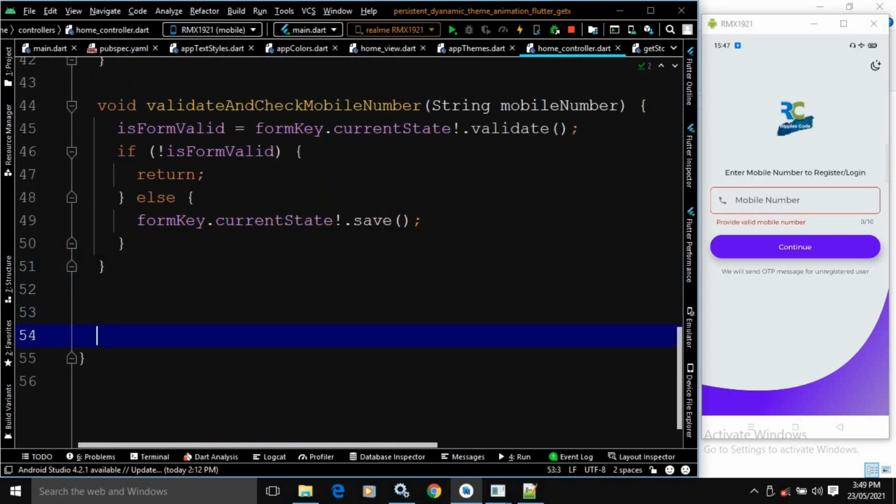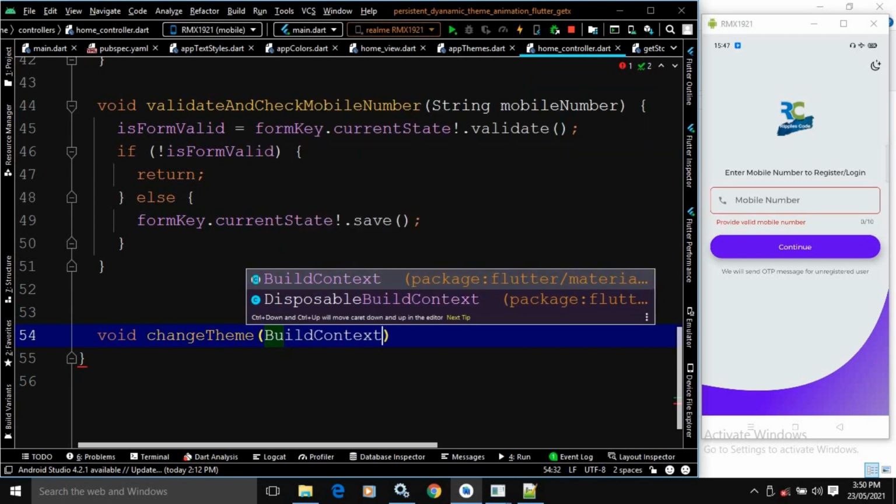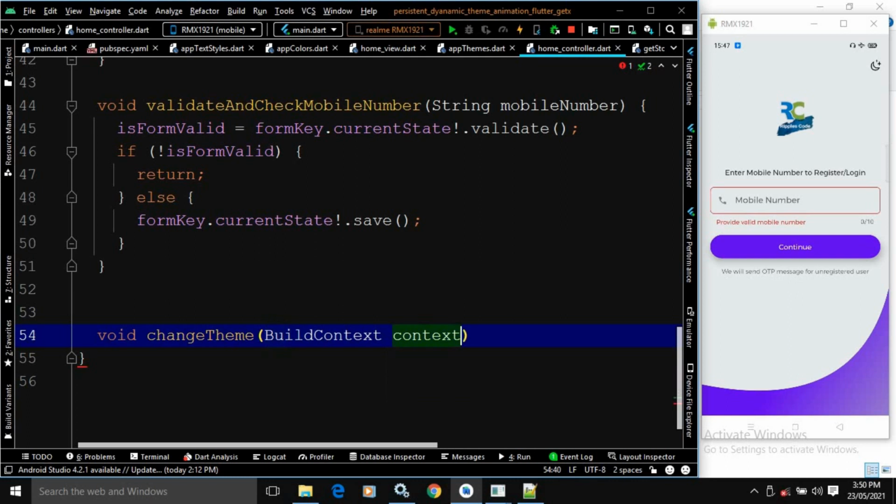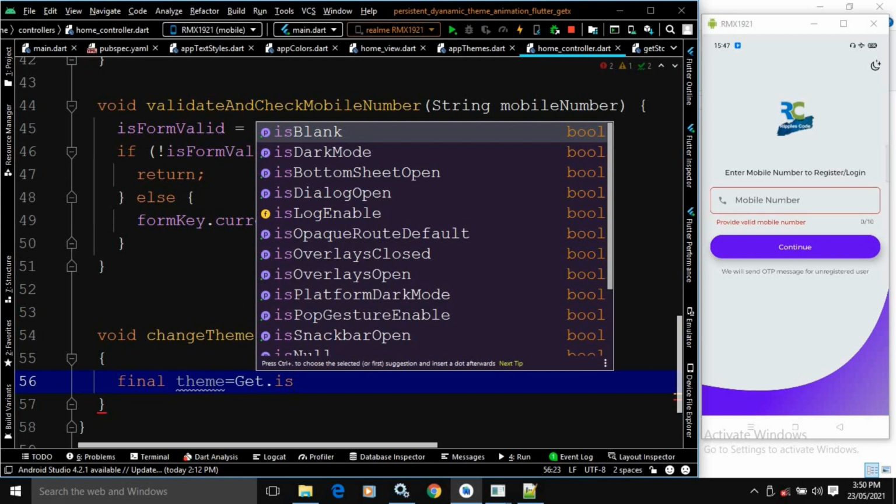So let me create the method here, void changeTheme. Here it will take BuildContext. Now I will declare a variable, final theme equals, and here I will check Get dot isDarkMode.